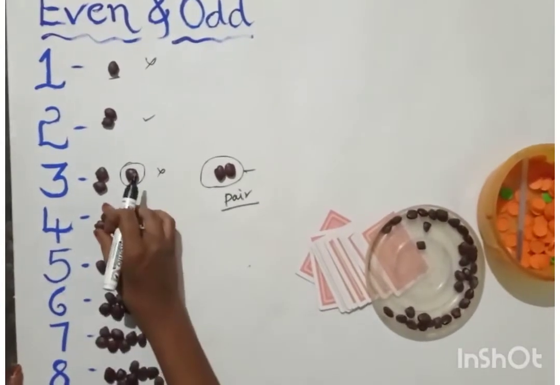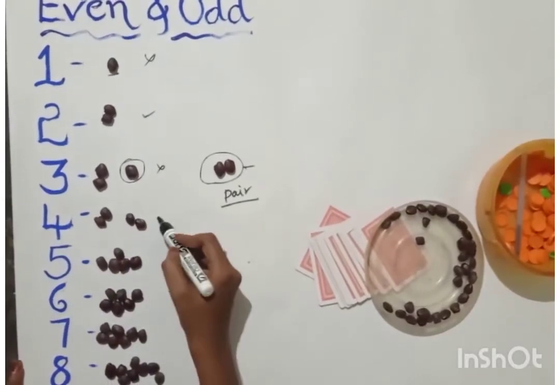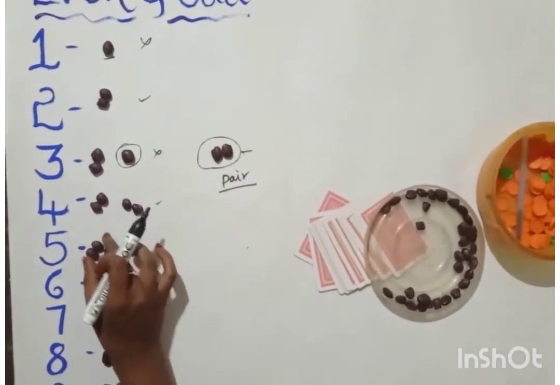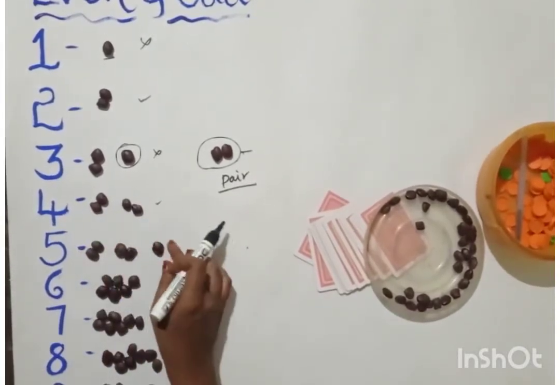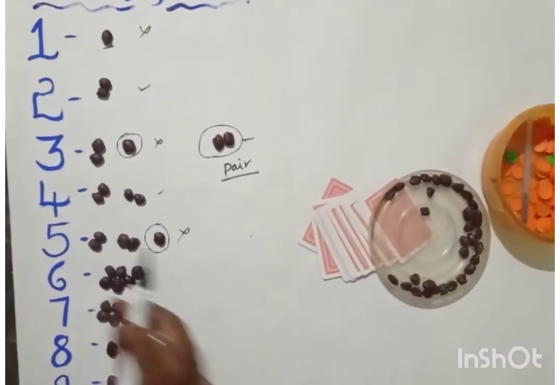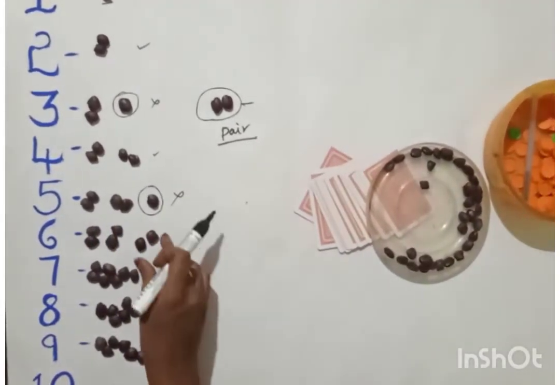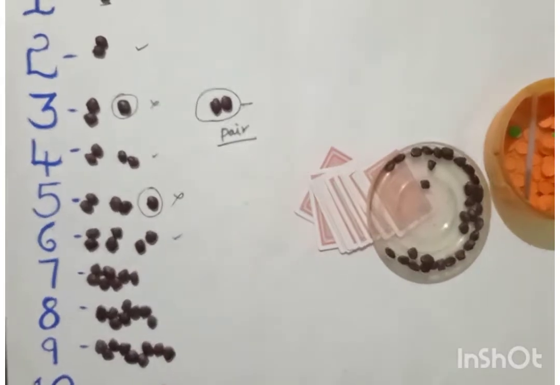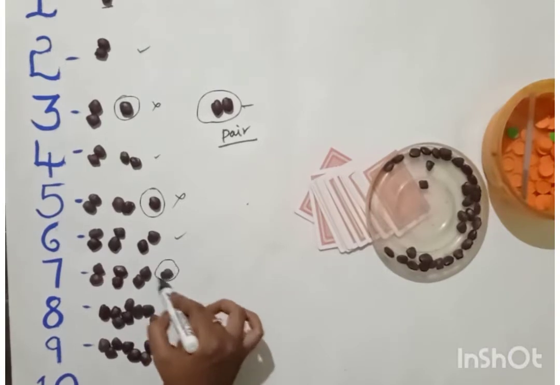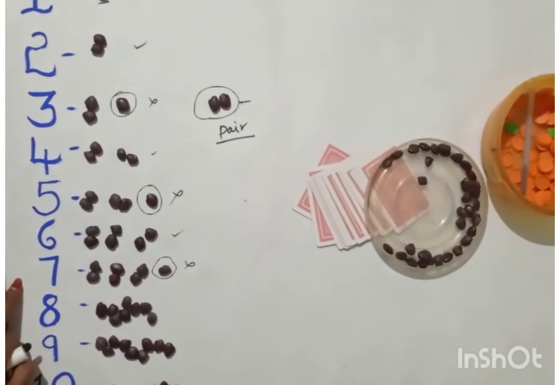Then next, 4. One pair, 2 pairs. Here also we made pairs, but here nothing left. So we made pairs perfectly. Then the next one, we'll make it 2, 2. Here, again 1 left. So here also we cannot make complete pairs. Then let's say 6. 2, 2, 2. See, if you observe here, nothing left. So we can make it a pair. Then 2, 2, 2, 1. Here in 7, again 1 left. So here 7 we cannot make as a complete pair.